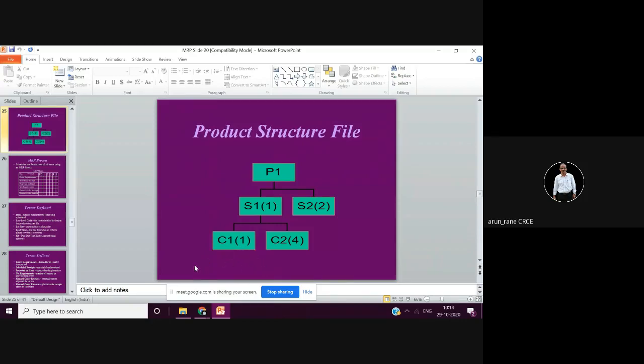For purchase components you can straight away place an order with the shop wherever it is available, such as the bearing shop, O-ring manufacturer, and oil seal manufacturer. For manufactured items like connecting rod, piston, and cylinder, you again have to work out the raw material. So what will be the requirement of raw material, and accordingly you need to place an order.